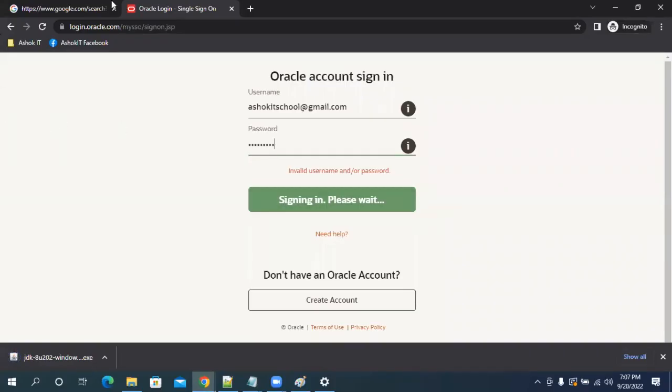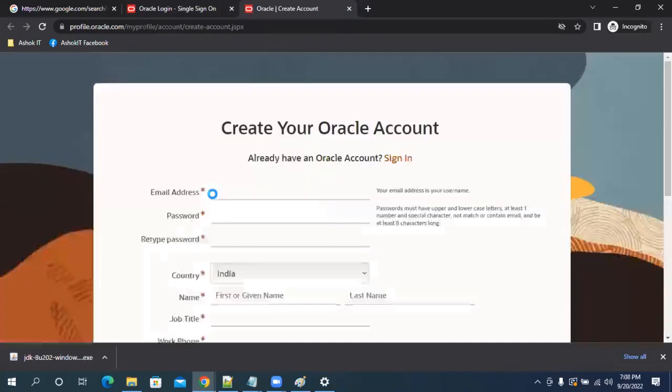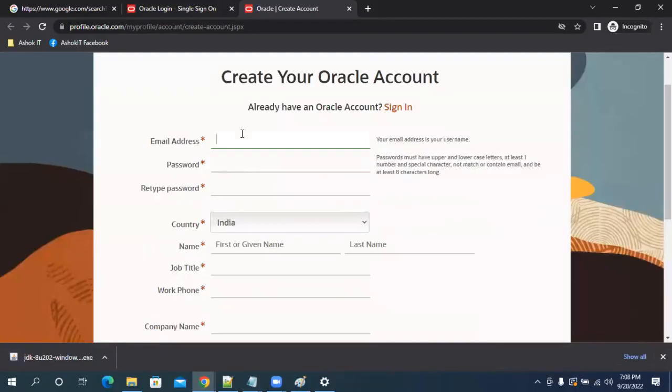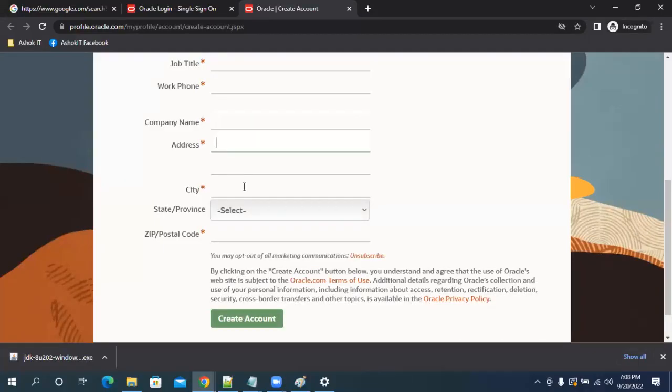When you have an account in Oracle, you can log in and download the JDK software. If you don't have an account, you need to click on create account. It will ask for some details. You can fill that form: your email ID, password, company, country name, job title, phone, address, city, state, zip.